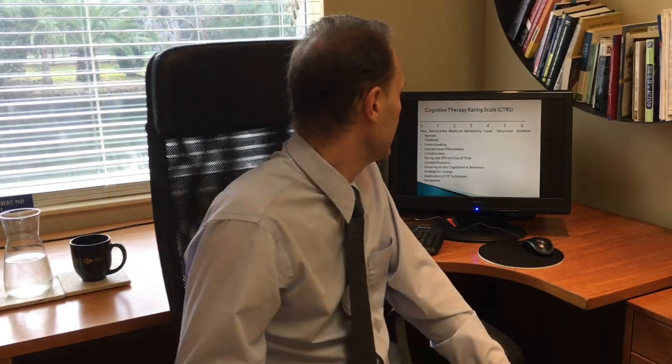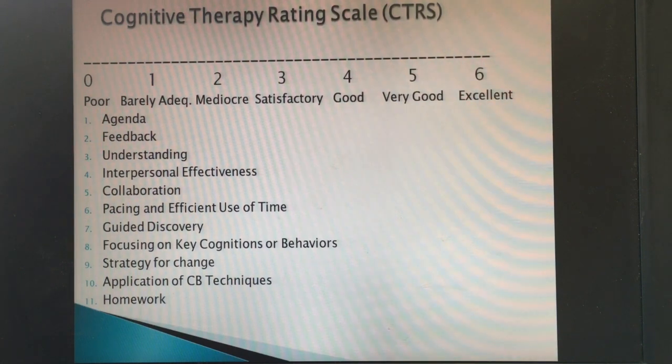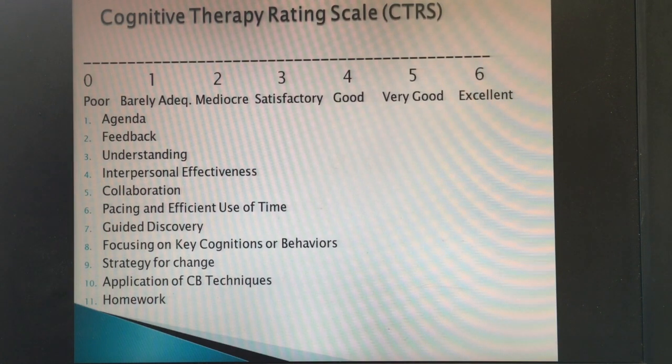Let's talk about the CTRS. That's the Cognitive Therapy Rating Scale. It starts off with a scale from 0 to 6. 0 is poor, 1 barely adequate, 2 mediocre, 3 satisfactory, 4 good, 5 very good, 6 excellent. So this is where the therapist would either rate themselves or they would get somebody else to rate a video